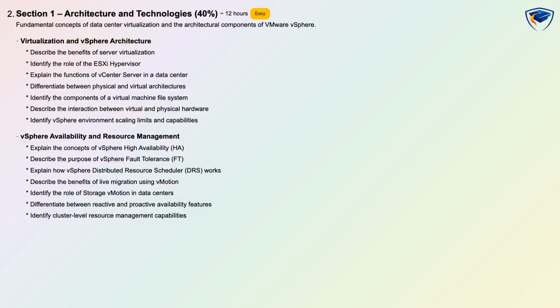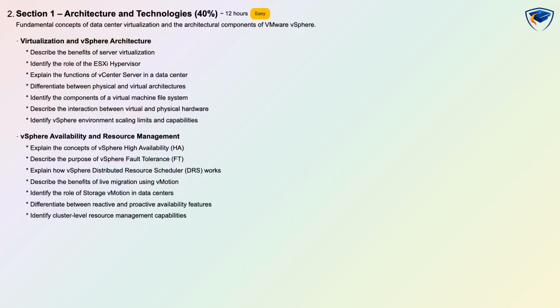Section 1 Architecture and Technologies is 40% of the exam, has easy difficulty, an estimated learning time of 12 hours, and is assessed with conceptual plus scenario-based questions. This domain covers virtualization fundamentals and vSphere architecture so you can explain the benefits of server virtualization, identify the role of the ESXi hypervisor, describe the functions of vCenter server, and differentiate physical and virtual architectures including virtual machine file